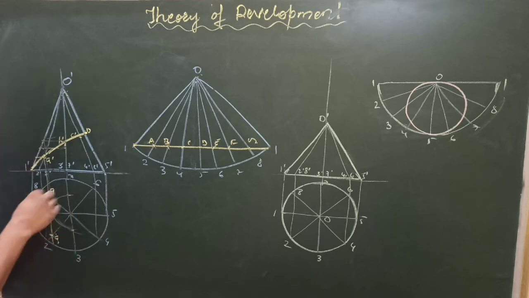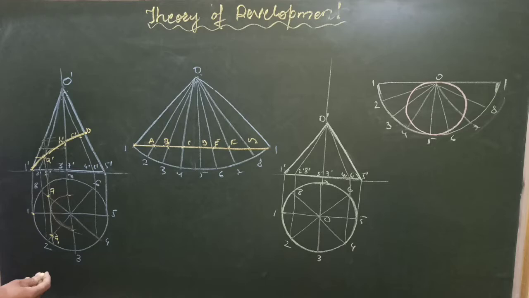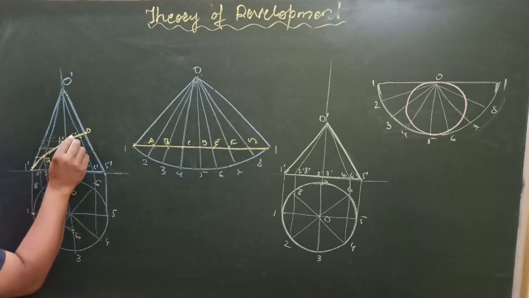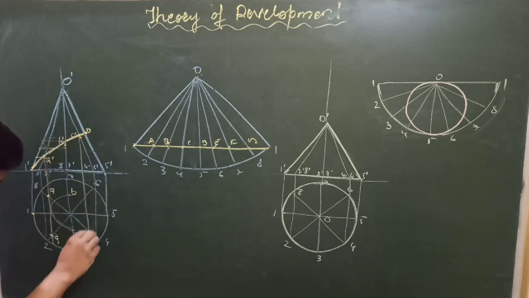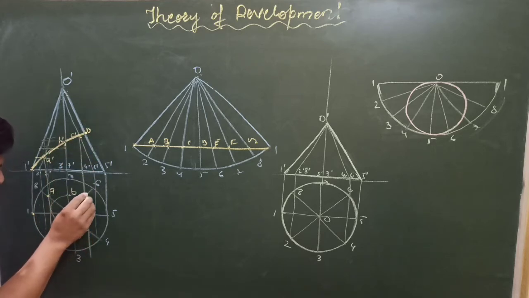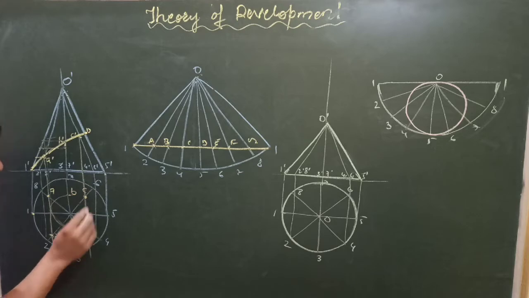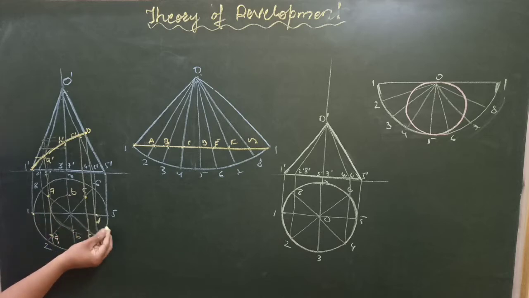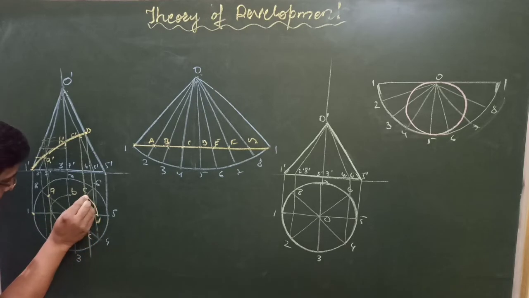I have explained this method in the sections of cones video. You can go through that video for understanding what happened here, right? So this is B and B. Then this you can drop on the respective lines. So this is C, and then the D point somewhere around here. So this is D. So join them with curved lines.